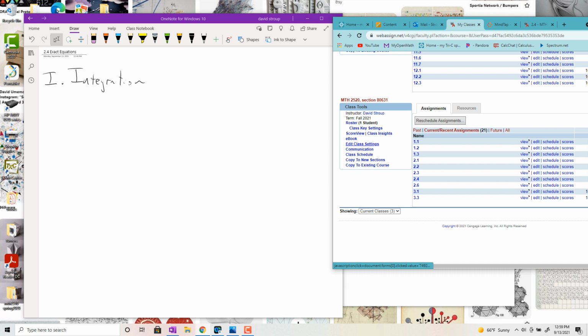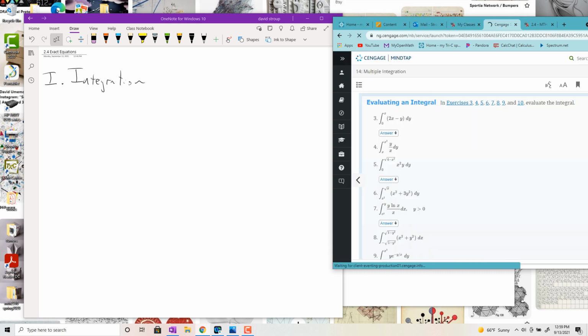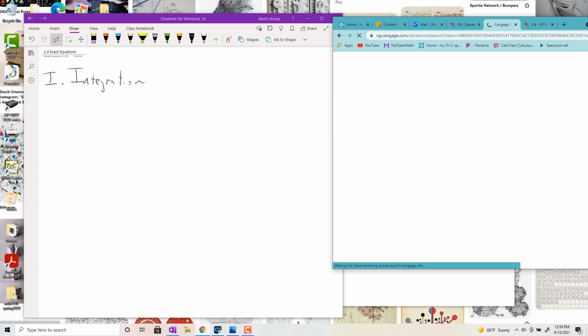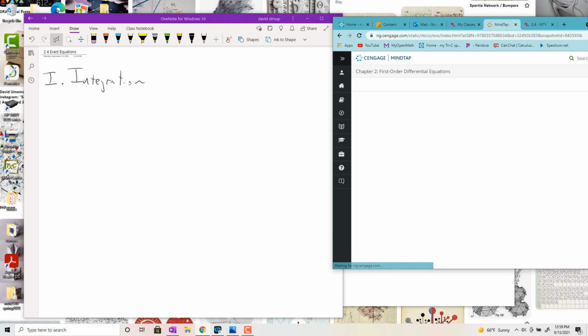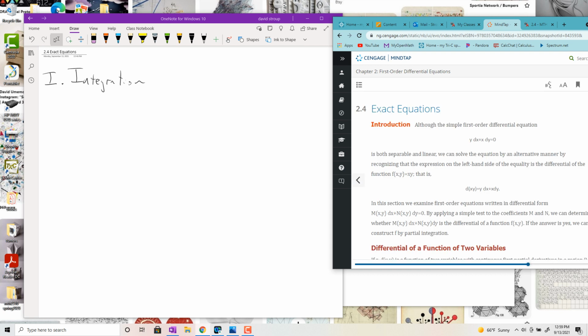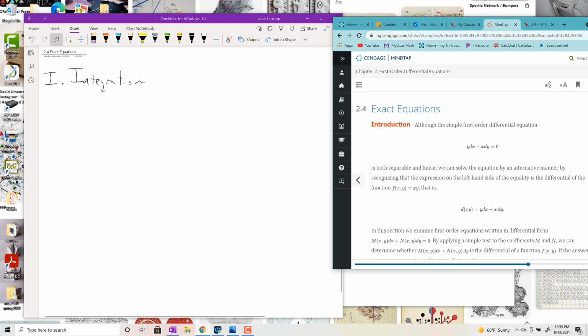We're looking at 2.4 and we want to solve a particular kind of differential equation called the exact equation. Before we get too much into it, let's talk a little bit about integration when you have multiple variables. Okay, so how exactly does that work? Let's take a look. So we've dealt already with